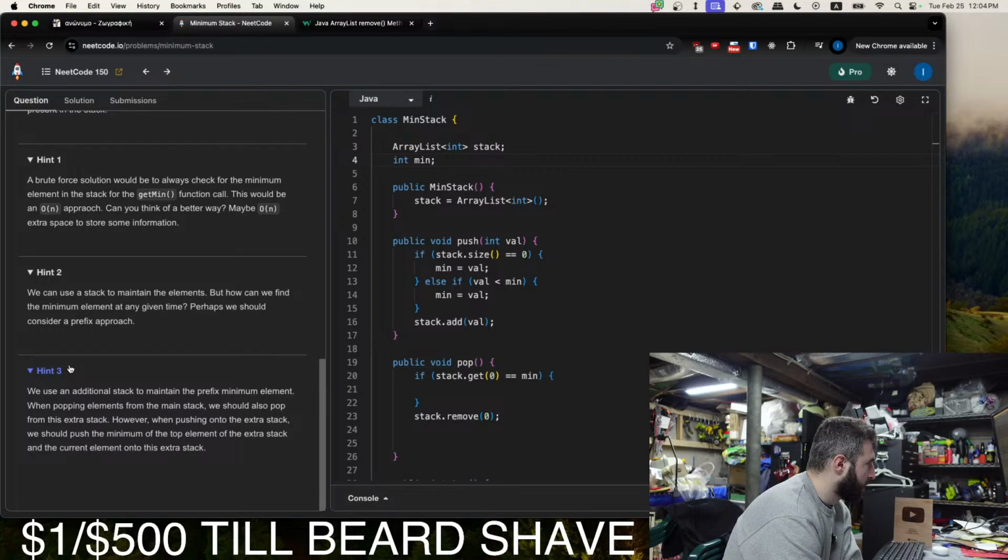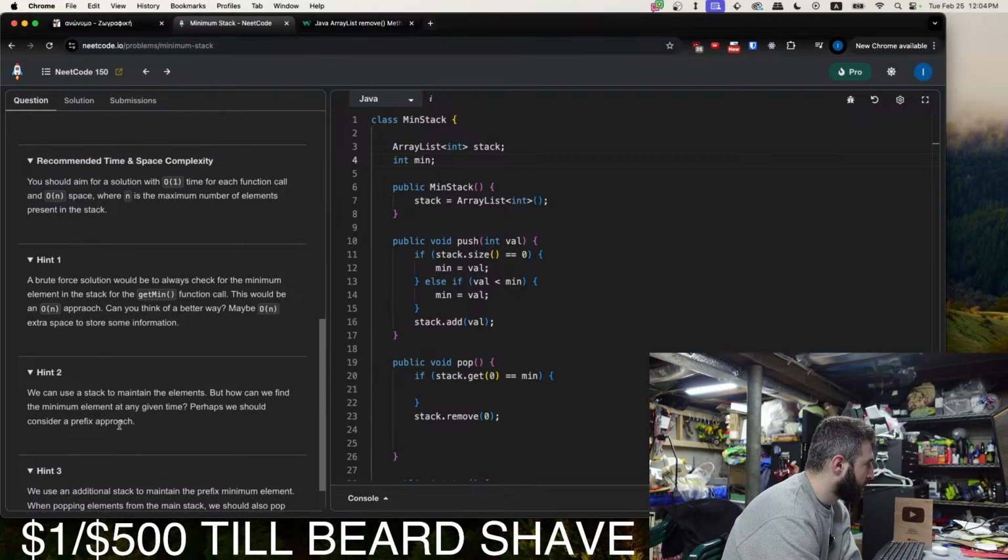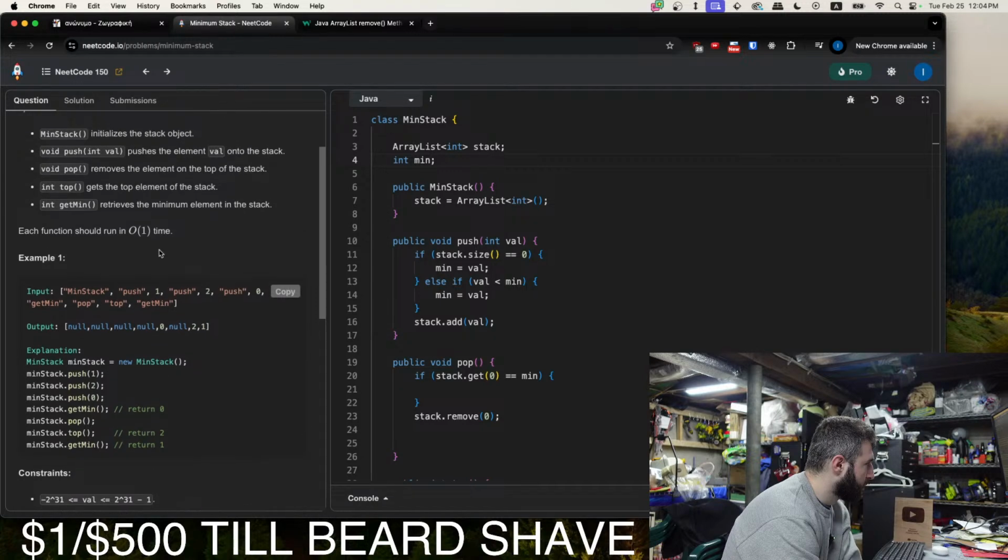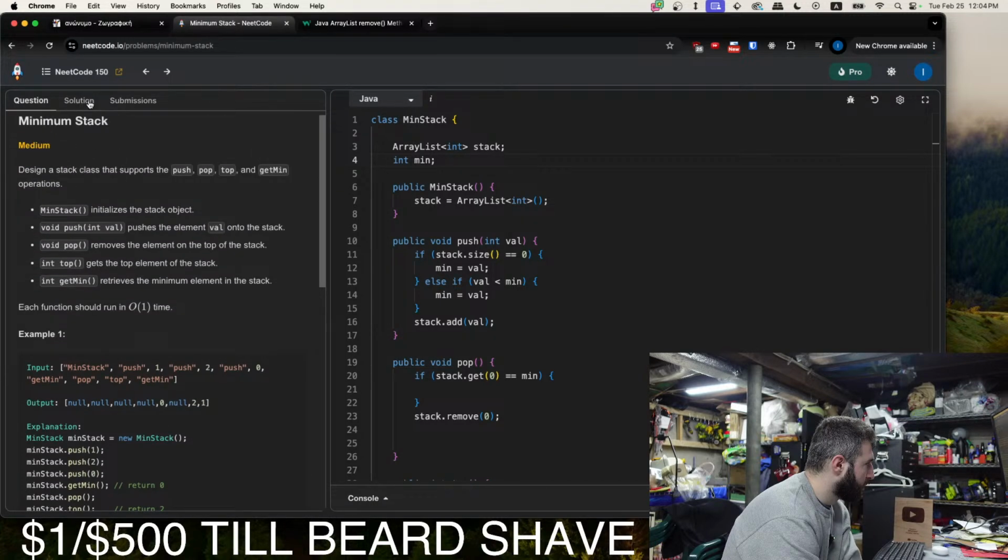However, when pushing onto the extra stack, we should push the minimum of the top element. Interesting. I guess I'm an idiot. I need to look at the solution.